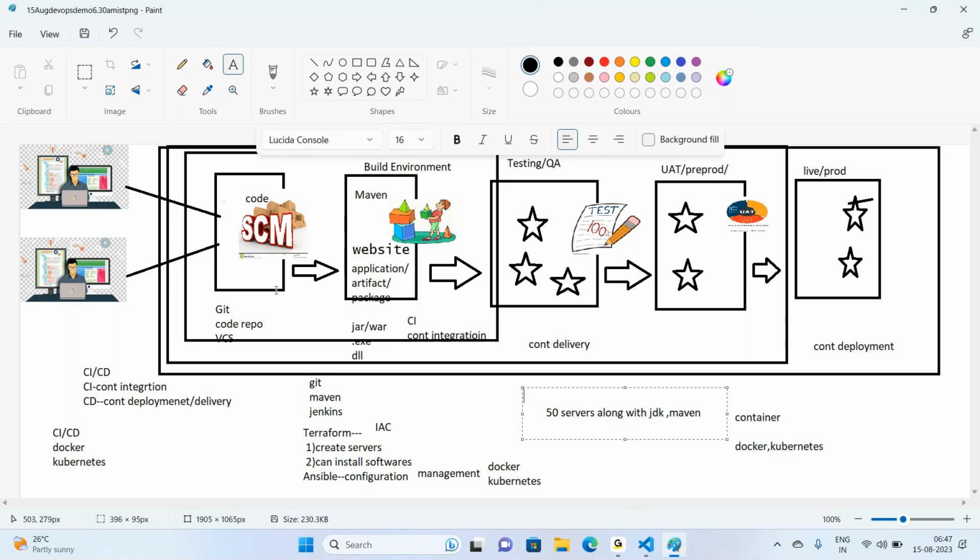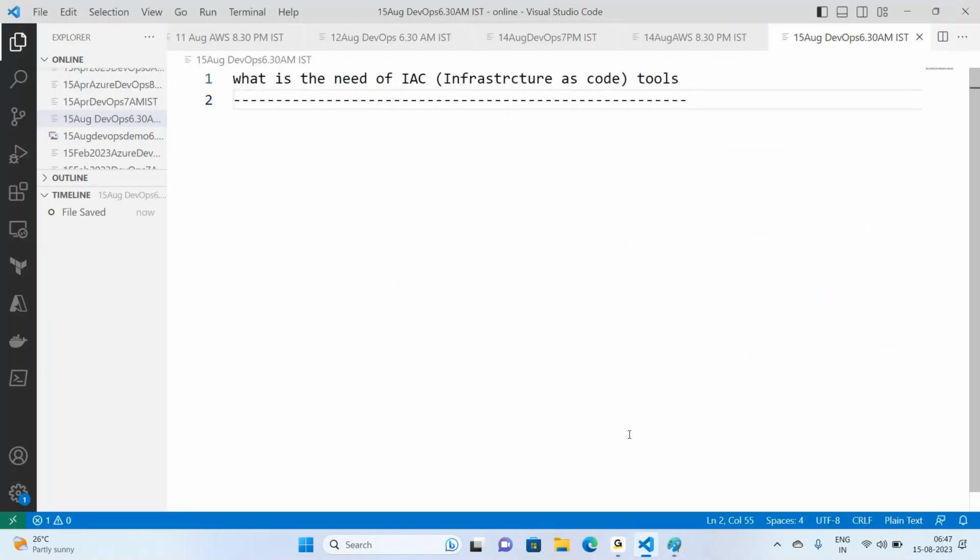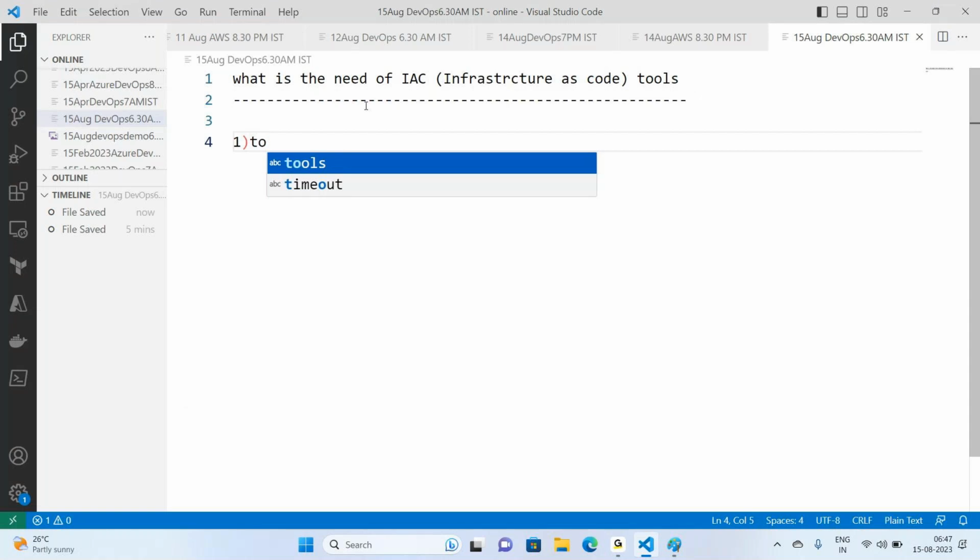Now I have to automate this process. Automation means we have to write automated scripting. So in DevOps, we have something like IAC tools, which means we are going to write code to create infrastructure. The need of IAC tools is to create